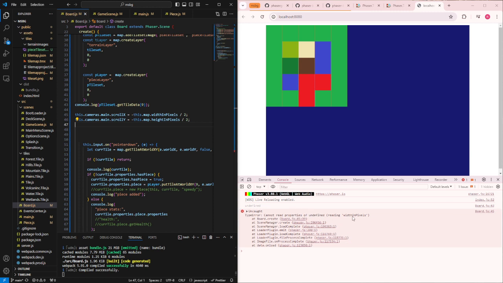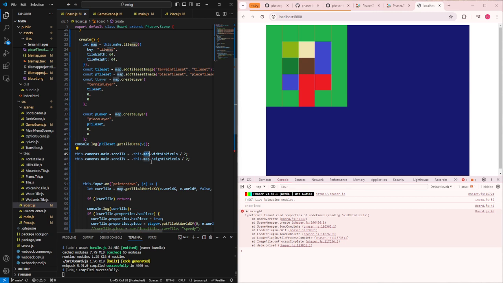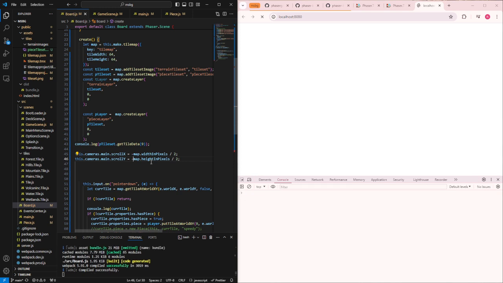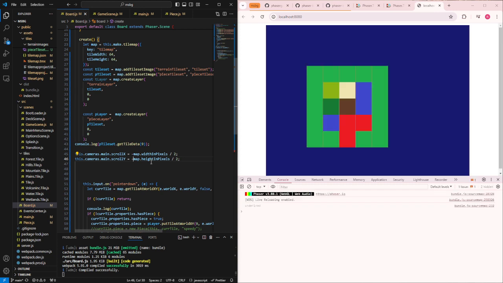Can't read properties of undefined, width in pixels. This map. It's not this map, it's just map. Okay, notoriously not bad. What the